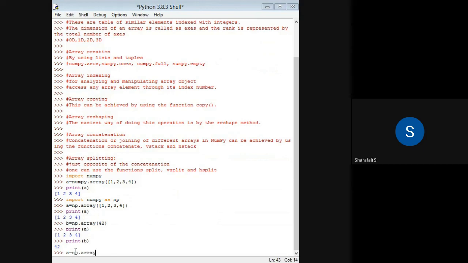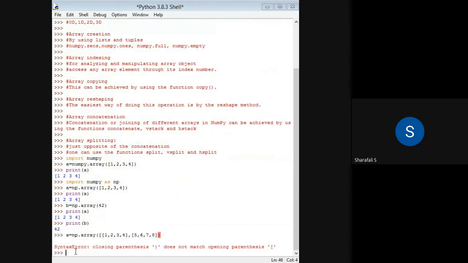I am just creating that array here, and I just have to put two lists here: 1, 2, 3, 4, comma, and the second list has 5, 6, 7, 8. Oh, I missed one square bracket here. So see, here we have one more bracket, right?